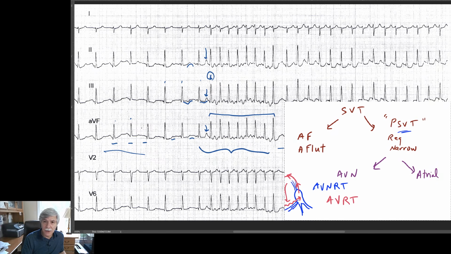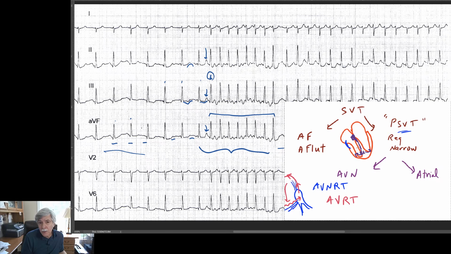And let me just draw my John Nagy heart here for those of you who remember my first live stream. So in AVRT, you have the AV node, which is part of the circuit that conducts down to the ventricles. The ventricles participate, and what makes AVRT occur is that you have an accessory pathway somewhere, kind of like WPW,